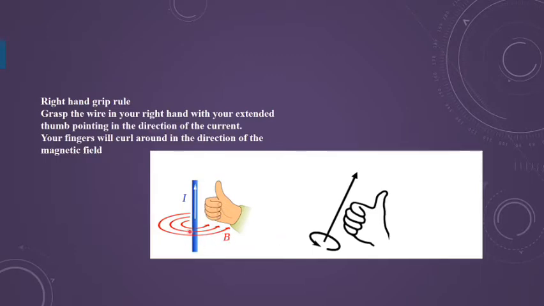But of course, at a particular distance, if you are drawing the Amperian loop, at every point the value of B will remain the same. And of course, it is perpendicular to the plane of the Amperian loop that you can see, whether it is outward or inward. For outward we use a dot, and for inward we use a cross for the magnetic field.